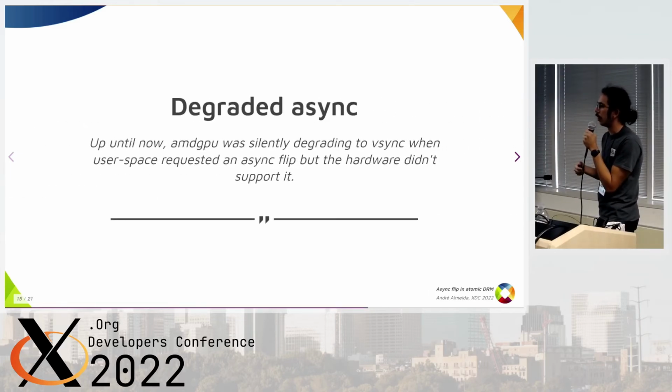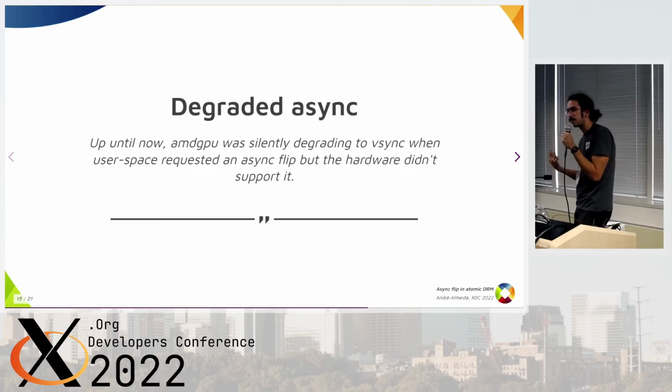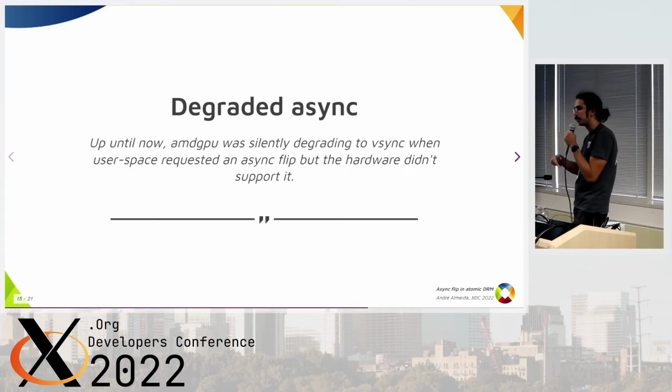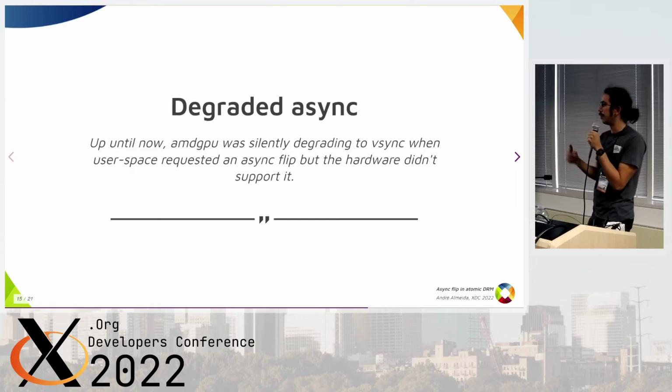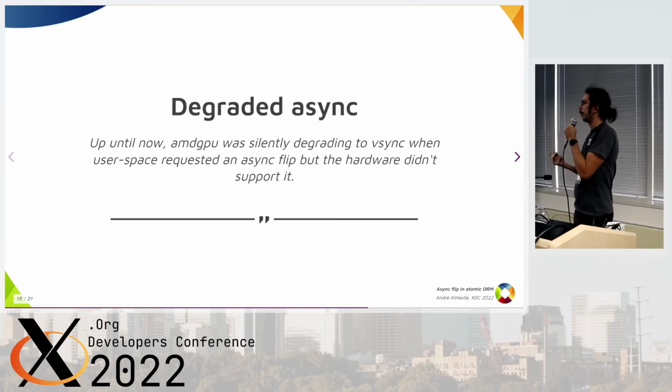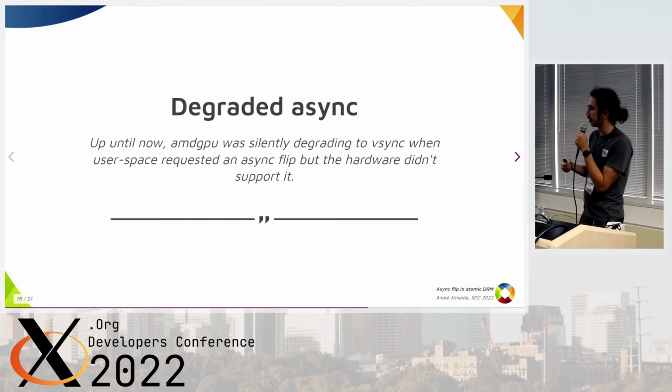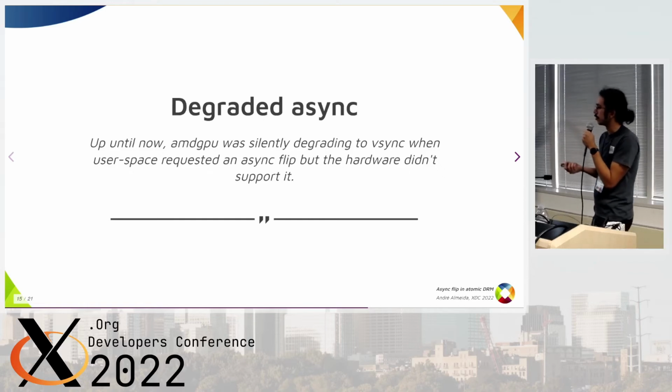And also we found out something interesting on AMD GPU: if you try to do a sync flip while changing some properties of your frame, AMD GPU will just degrade it to being sync. But this is not right from the user space point of view. That is not right. So we patch it to